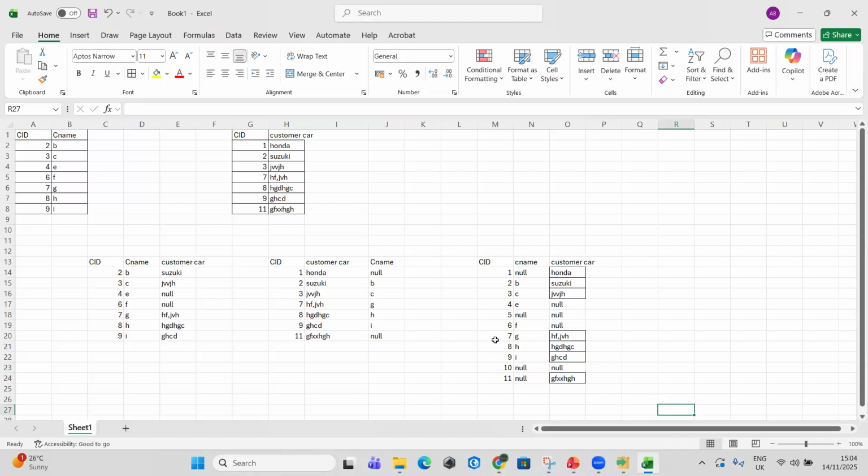The values which don't have either one or two, it's none. So the error is 5 and 10 are not existent in both of them. So I can't have 5, I can't have 10 because